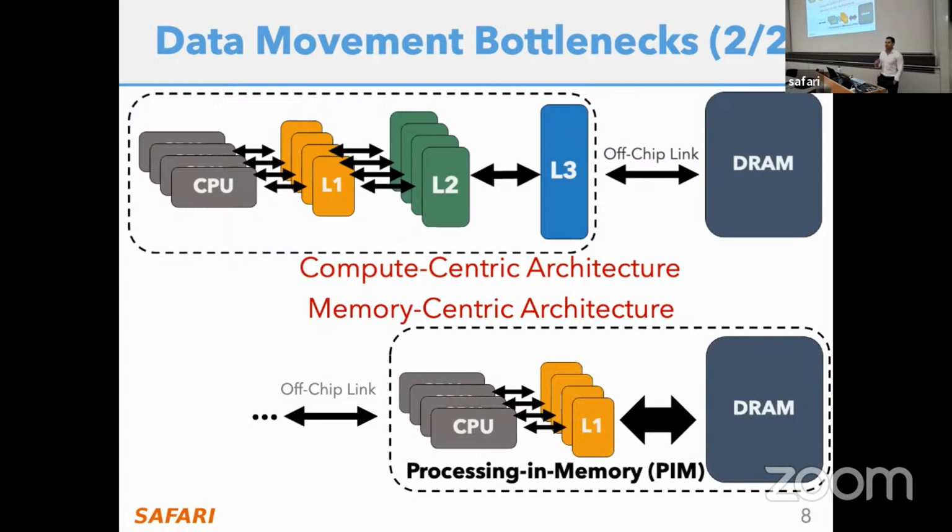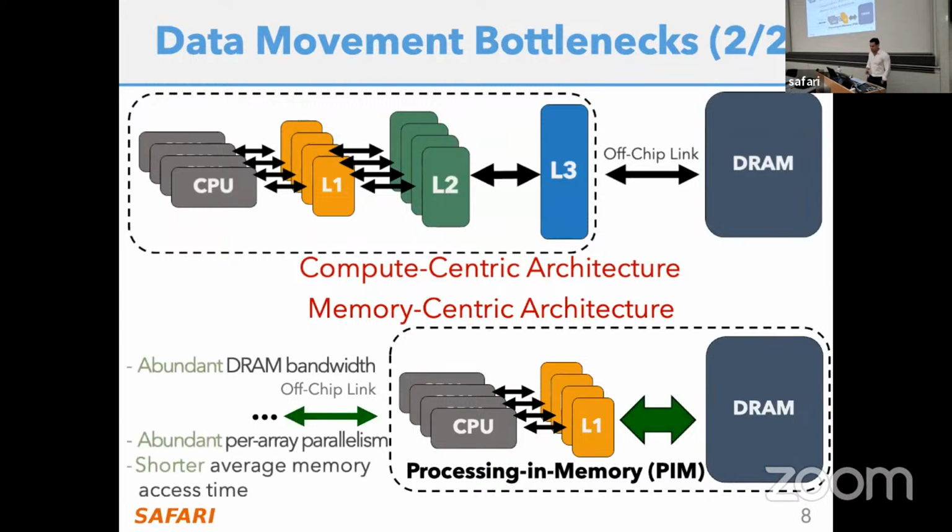And one example that you mentioned in the lectures earlier this semester of such memory-centric architectures is what we call processing memory. Processing memory hardware has the benefit, compared to its compute-centric counterpart, of having access to larger memory bandwidth, abundant array parallelism, and, at the same time, shorter memory access latency. So if your application is going to be bottlenecked by any one of those components, probably a processing memory architecture can be useful to mitigate those bottlenecks.